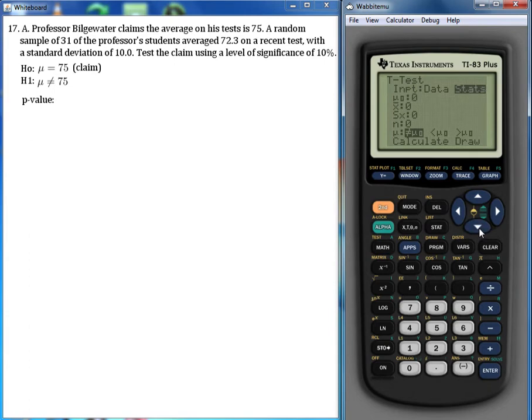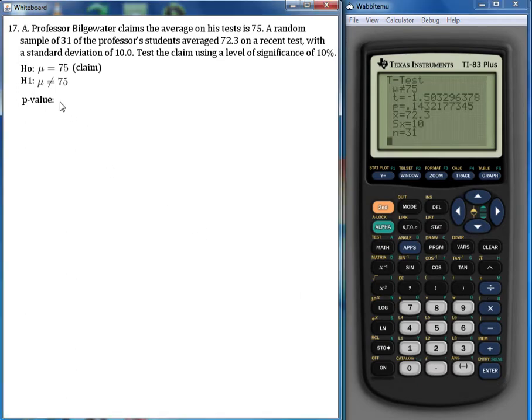Let's check that. The mean from the null hypothesis was 75. The mean from the sample was 72.3. The standard deviation of the sample is 10. And the sample size is 31. And then the symbol in the null hypothesis is not equal to, so we go ahead and calculate. So we get